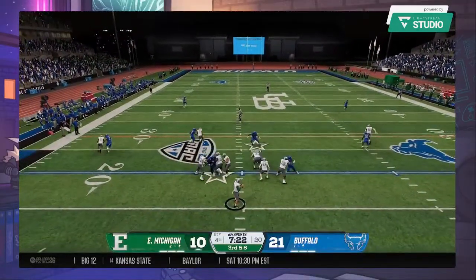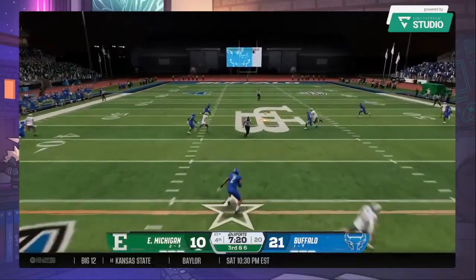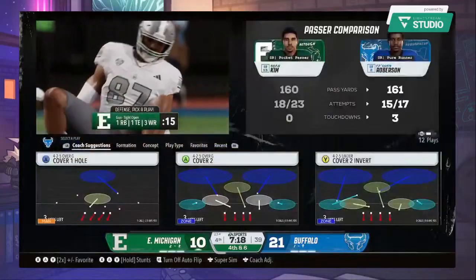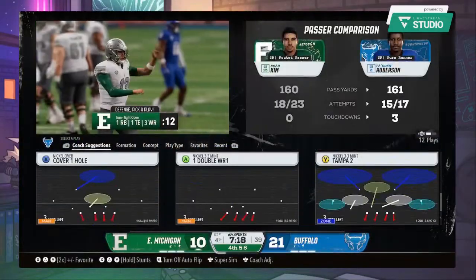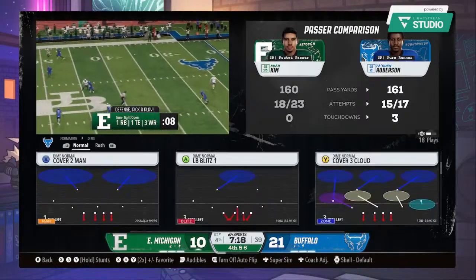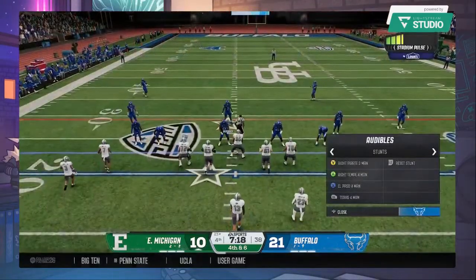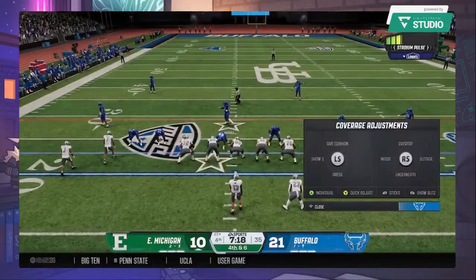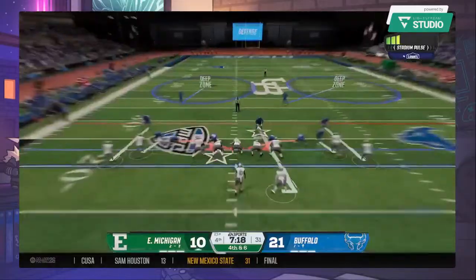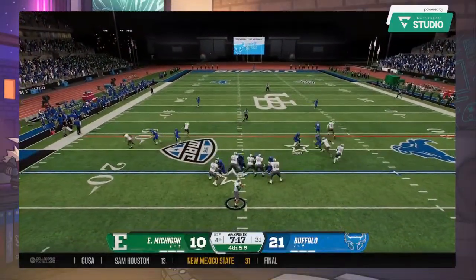To the air, it's Kim. He's going to let one fly down the middle. Oh, he dropped it. That deep ball was right on the money. You just have to make that catch. Yeah, and I think you know the situation as a defender, and you know you're up by a score, and you know exactly what's going on with the offense. They got to make some big plays here in the fourth quarter. Nice job playing the deep ball, staying deep, and not giving up the big play.